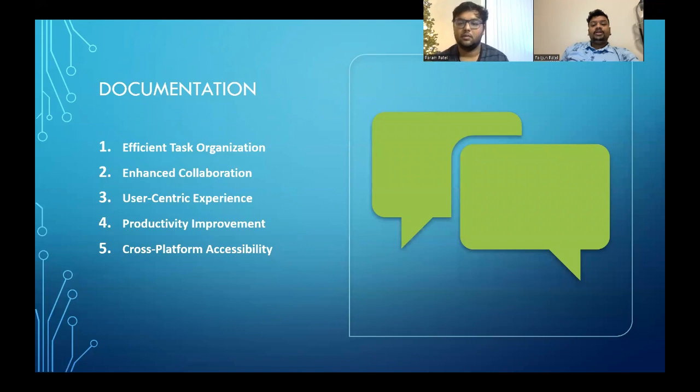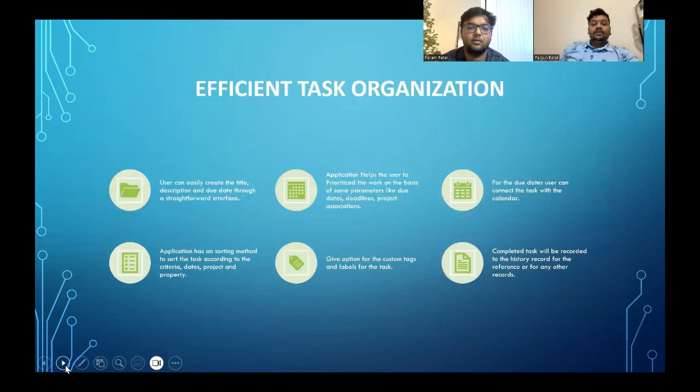Coming back to the documentation part of the presentation, we have included 5 major points in this documentation. First of all, effective task organization. Second, enhanced collaboration. Third one is user-centric experience. Fourth one is productivity improvement. And the last one is cross-platform accessibility. We'll discuss the very first point, which is